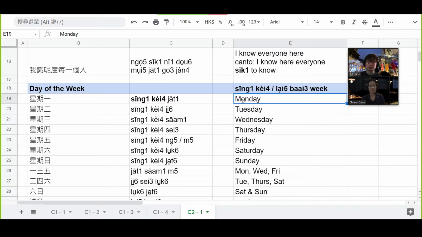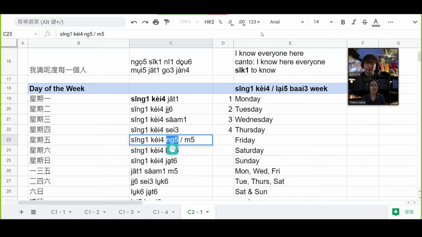So Monday is 星期一. Then 星期二, or you can also say 禮拜二. Then 星期三, 星期四. For five, I only say this one, I don't say this one. Okay. So 禮拜五, 星期五. 星期六. And then the Sunday, the 日 here has